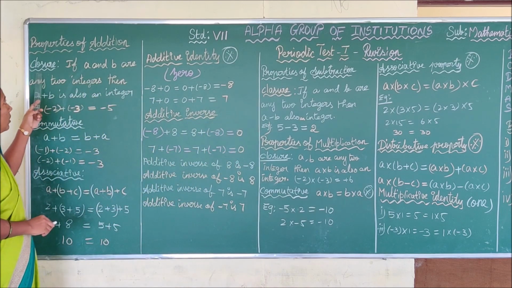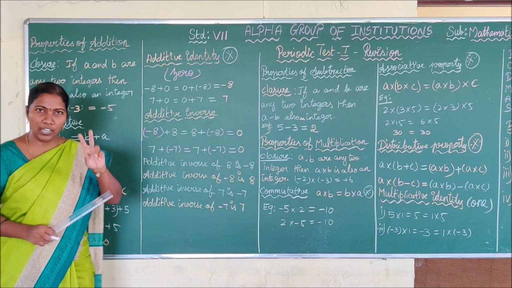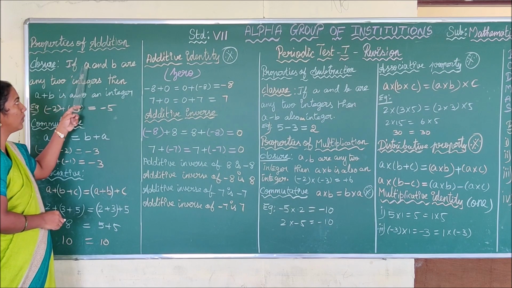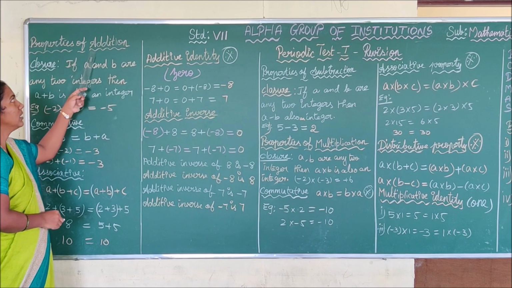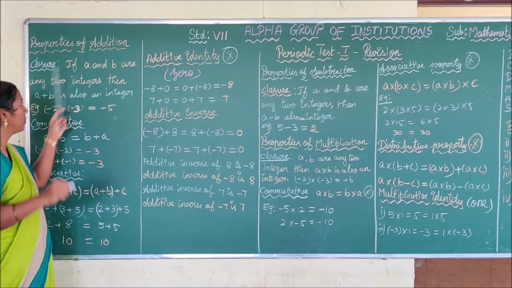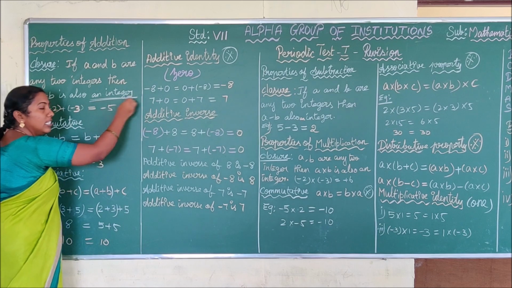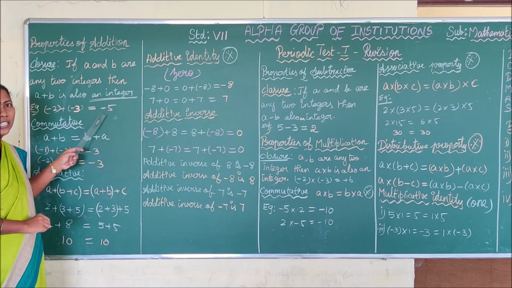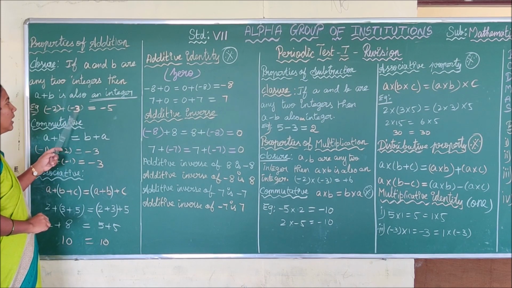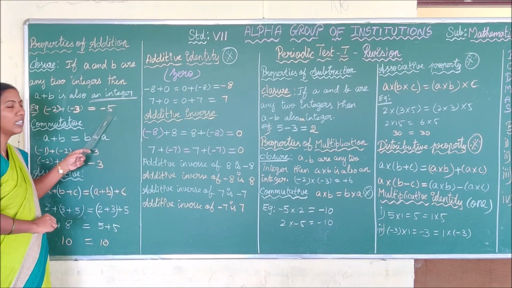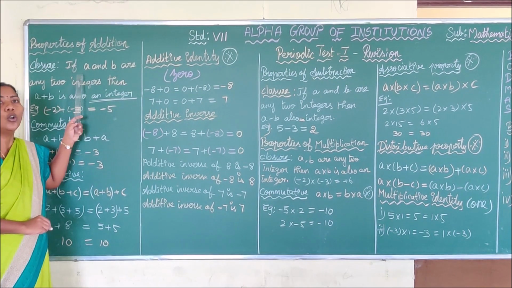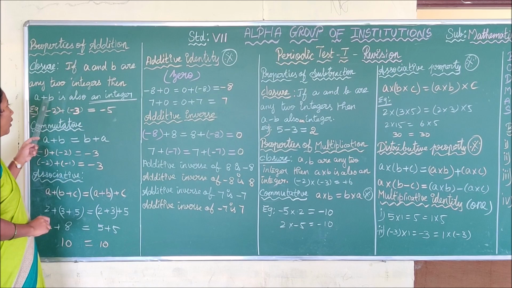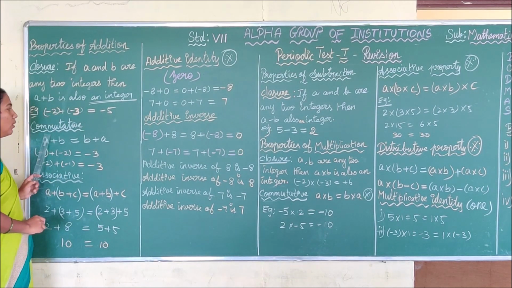You can see here, first one is closure. What is meant by closure is that you have to take any two integers and then apply that operation. Then what is your operation? Addition. Thus we are taking a and b as any two integers, and the operation is addition. So a plus b is also an integer. We get an integer as a result. See here, minus 2 plus minus 3. Your answer is minus 5. Thus we are taking two integers and applying the operation addition. We get the result as an integer. This type of property is called closure property for addition. For subtraction here you have to write minus. For multiplication here you have to write multiplication. Is it clear?